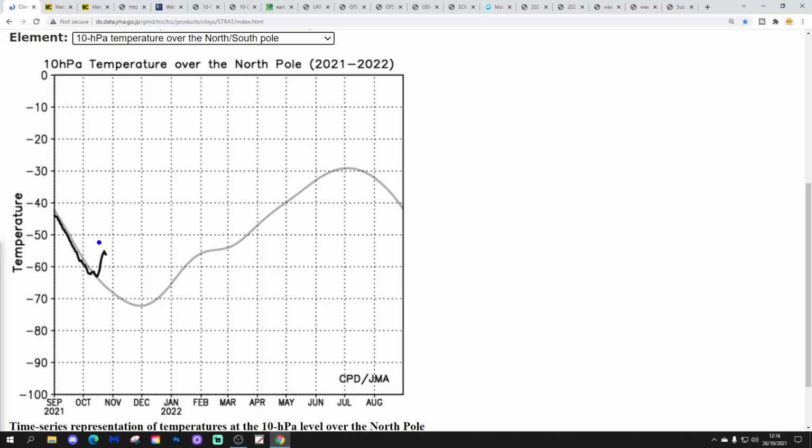Actually, we've had a bit of a stratospheric warming over the past week. So you see from the black line that the temperature has lifted up, which is very unusual. It's not lifted up all that much. There's not a sudden stratospheric warming. Some people do get confused between minor warmings and major sudden stratospheric warmings. You know the difference on these charts because the black line will do something like that. You have a sudden stratospheric warming. So it's not that, but it is a minor warming that has occurred at 10 HPA in the stratosphere